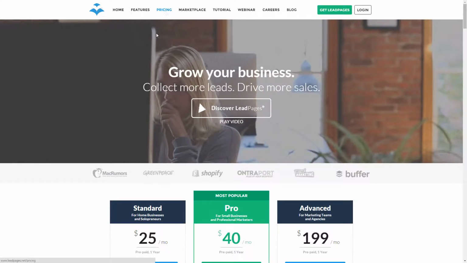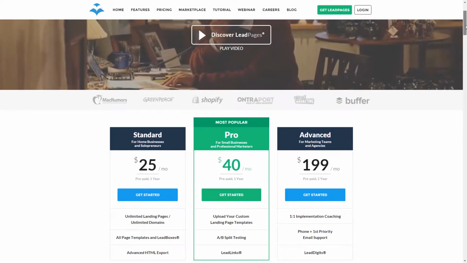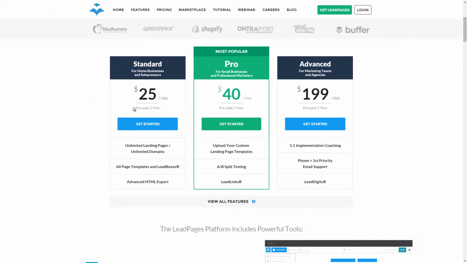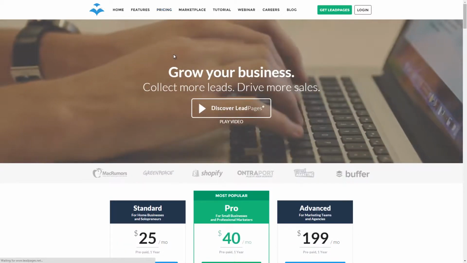So I quickly wanted to show you the pricing. This is a little deceiving. This is pricing based on if you buy their tool for their entire year. So that's a prorated price. If you pay for an entire year, you're going to spend a few $100. If I actually go to the pricing area